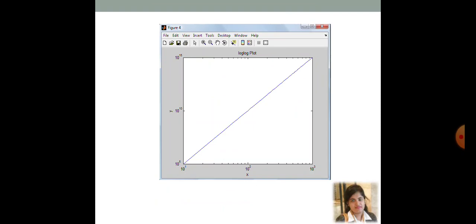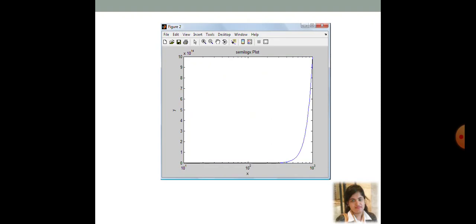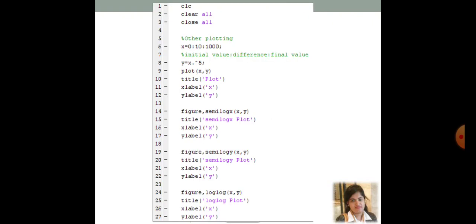Now you might have one doubt, what is the application of this linspace function, or the function we have already talked about today, that is x equal to 0 colon 10 colon 1000, that I have given in line number 6. These two codes have a very important applicability when you use fuzzy sets.